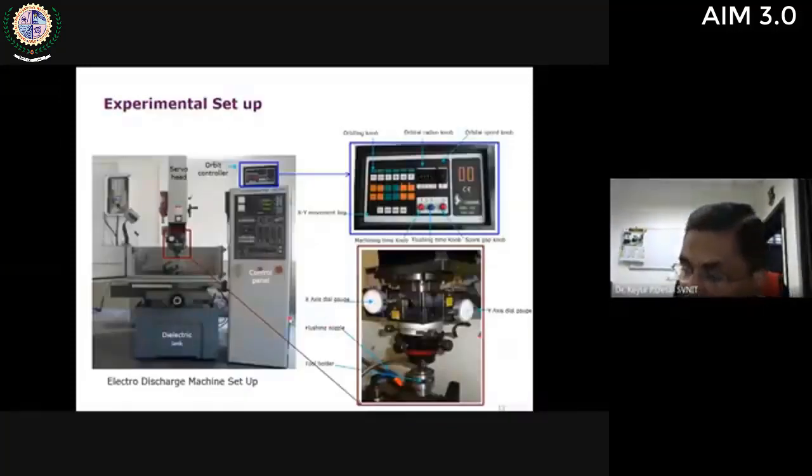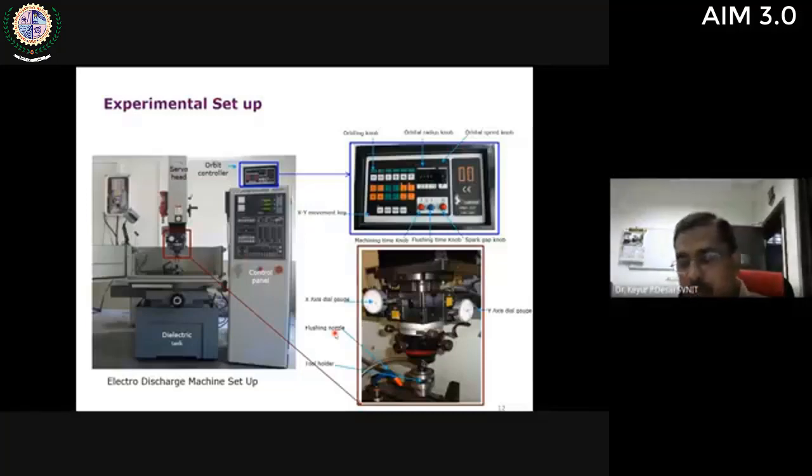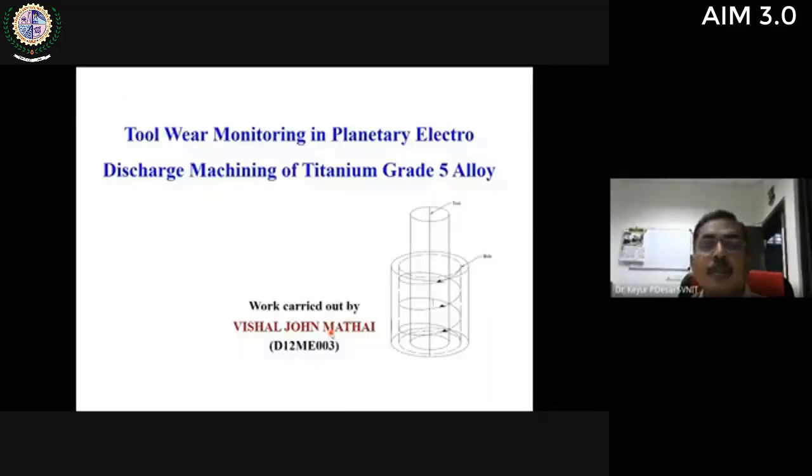Being mechanical engineers, we cannot simply follow certain hypotheses; we have to rely on our experimentation. And to carry out experimentation, we need a good experimental setup. This is the experimental setup used to understand helical and radial orbiting strategies for electrodischarge machining. I shall be discussing both strategies, which are the work of two research scholars supervised by Dr. Harshid and myself.